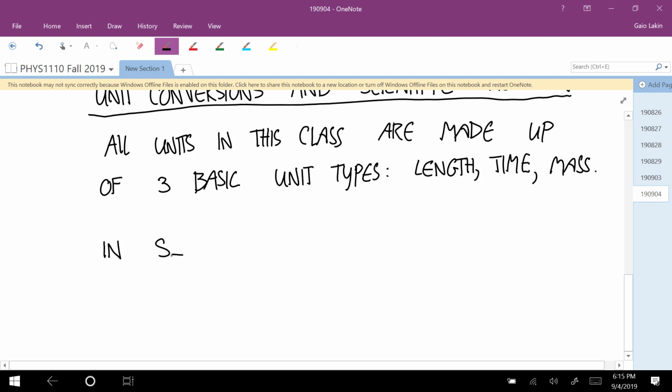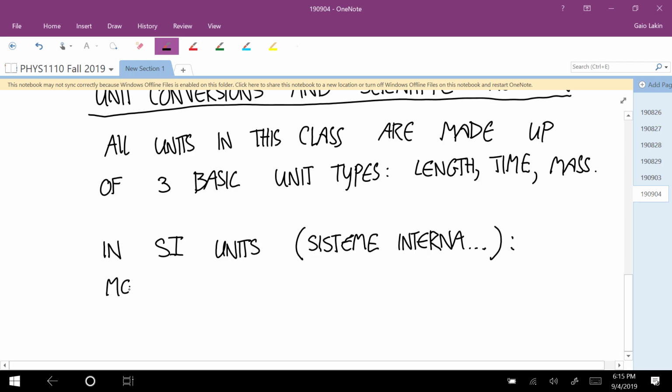In SI units, a lot of people call SI units Standard International. What it really stands for is a French thing, Système International. I know you have to throw out some syllables here and there in French. So it's something like this, Système Inter, and I don't know how to spell the rest. But it's the international system of units, and